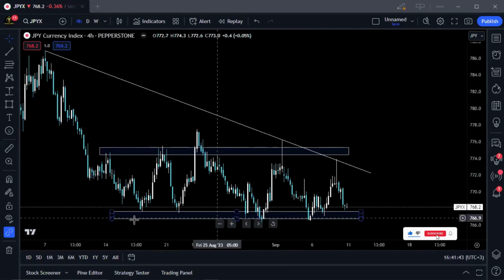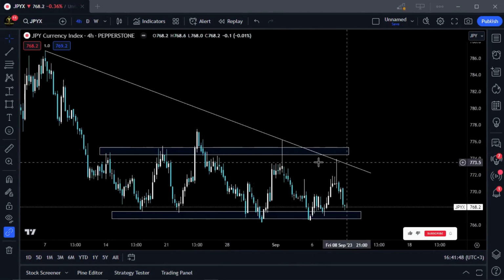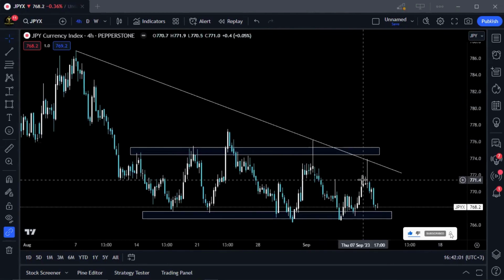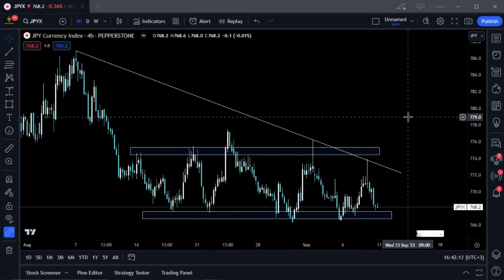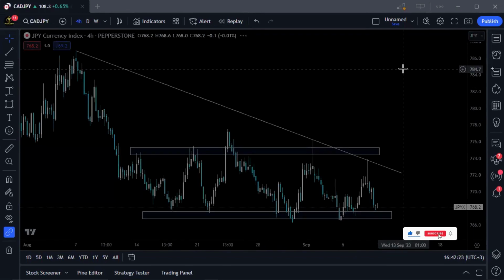So we can see prices are actually still ranging a lot. Since the beginning of August, prices have just been ranging. So far, prices are still ranging. So it's very unprofessional, if you will, or jumping the trigger, pulling the trigger too early. If you take a trade in JPYX as it currently is, it will be very wise if you just wait for prices to break maybe below here, or if they break above it. That will actually make much more sense, because prices will have already given us the direction in which they want to go. But currently, it's very hard for us to actually predict what prices are doing,